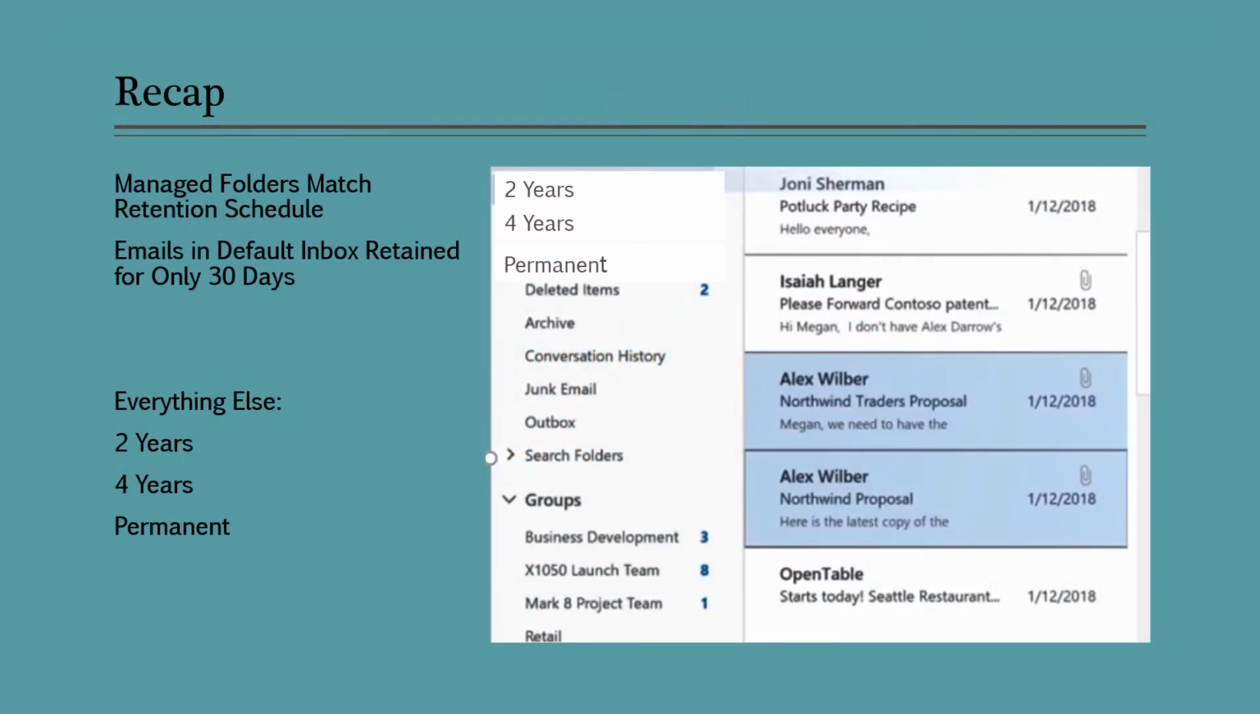So to recap, our managed folders match the retention schedule. We made it super easy, super simple for you. But please remember that the emails in the default inbox are retained for only 30 days. If you leave them alone, it's 30 days upon receipt, not when you open it. So even though we get an email on a Saturday and you're on vacation, you don't open it up until Thursday,